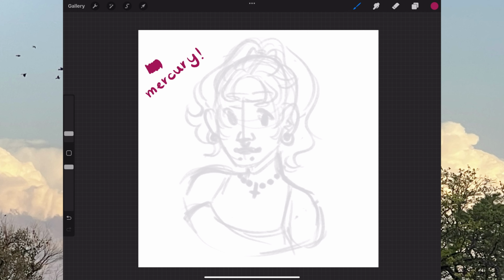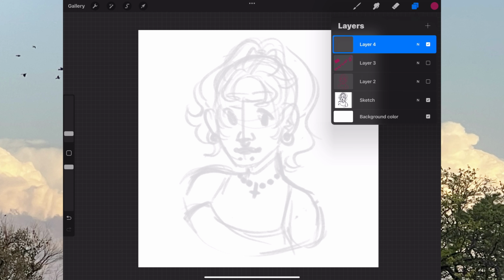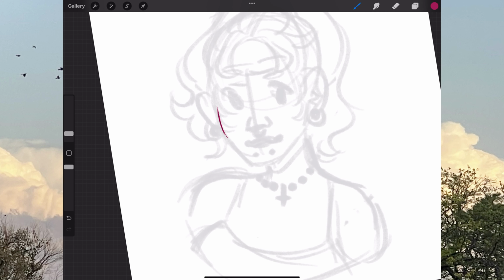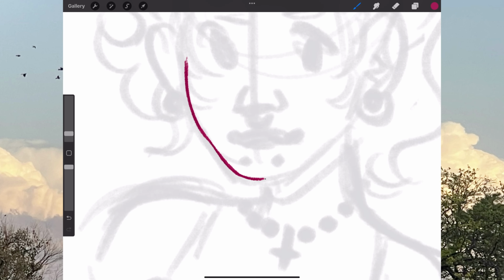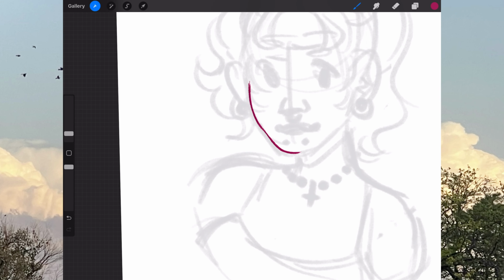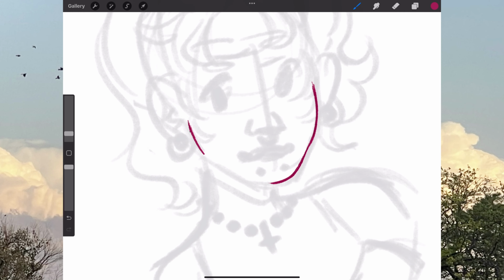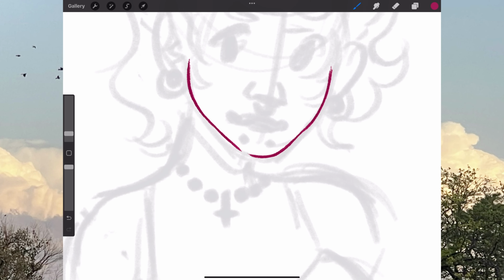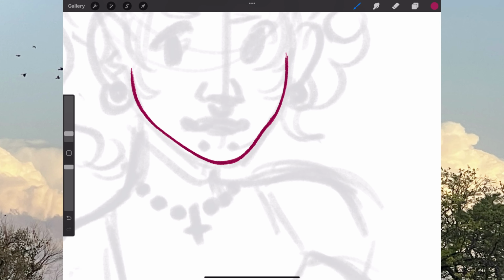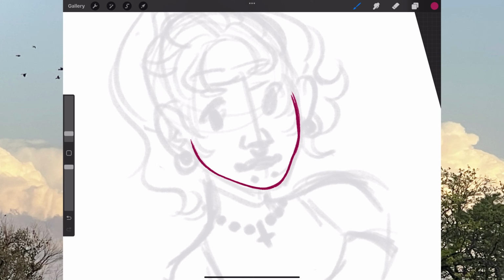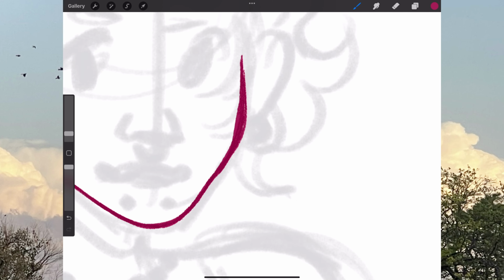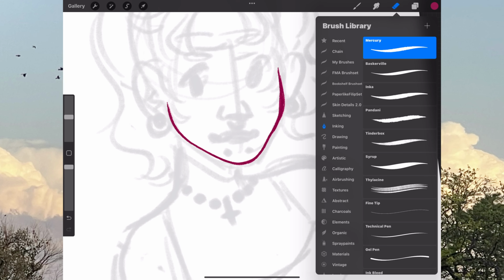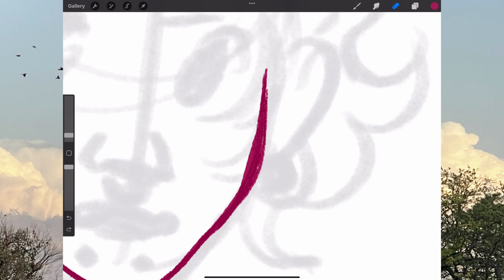So the next brush we have here is the Mercury. I believe it's an ink pen. I know it came from Procreate's library. This one and the next one are direct from Procreate's library. I just went and poked through and tried to find some that I believed were interesting and different from what I normally use, because I didn't want to use, for the same reason I didn't want to do fully rendered illustrations, brushes that were too similar, like 3 different pencil brushes, for example,